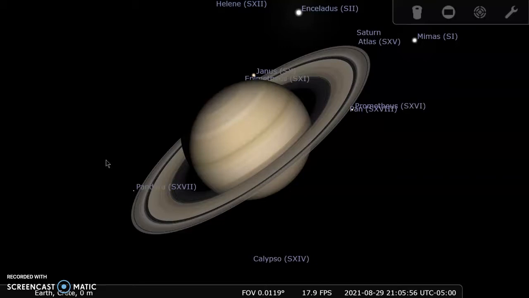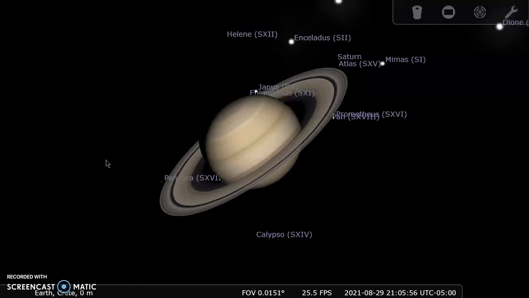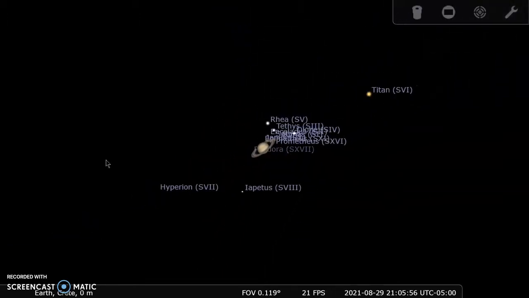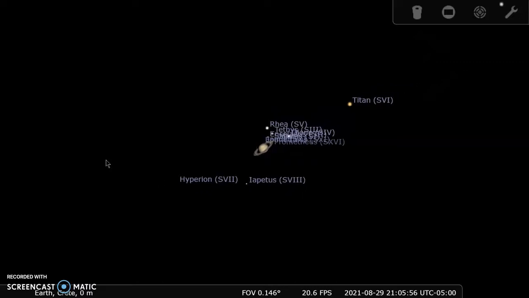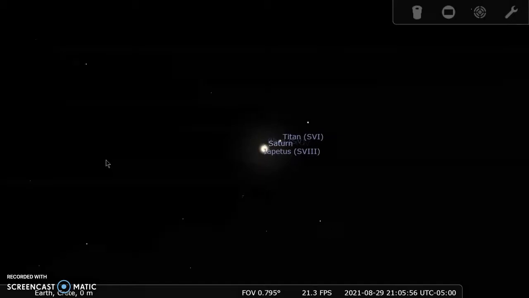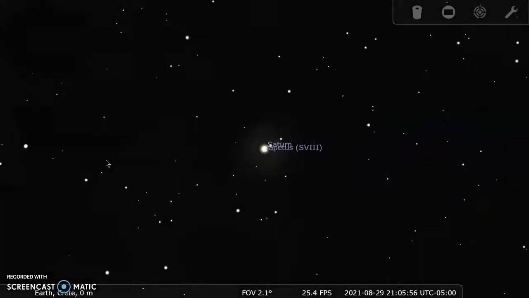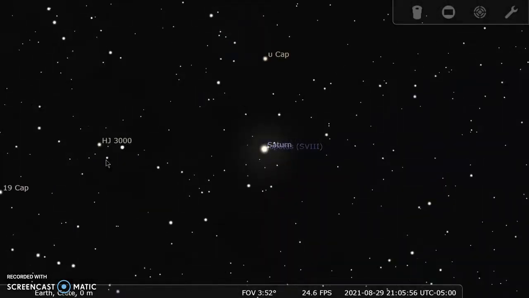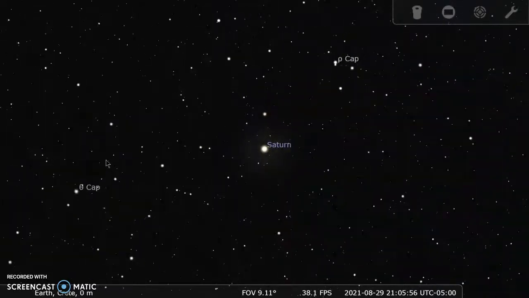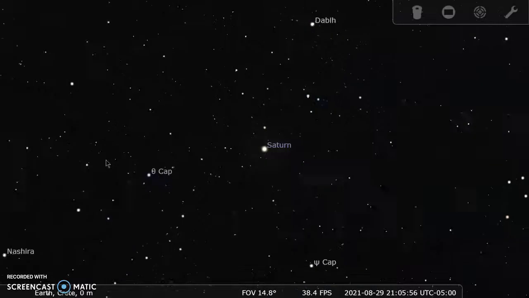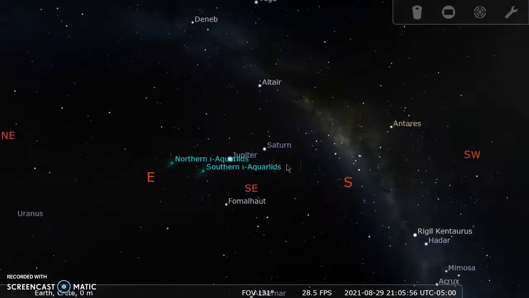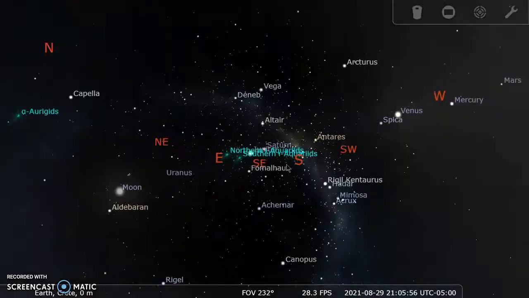So as we continue out, we're seeing how small Saturn is, and I'm traveling out many and many light years away from Saturn, continuing to see more and more stars and more objects in space appear. I'll keep on going out, and we can see the formation of the Milky Way galaxy,